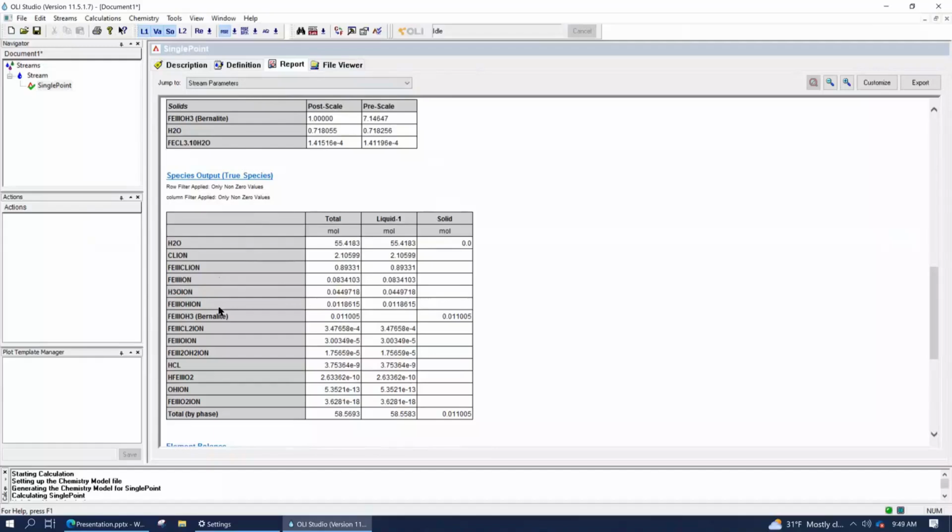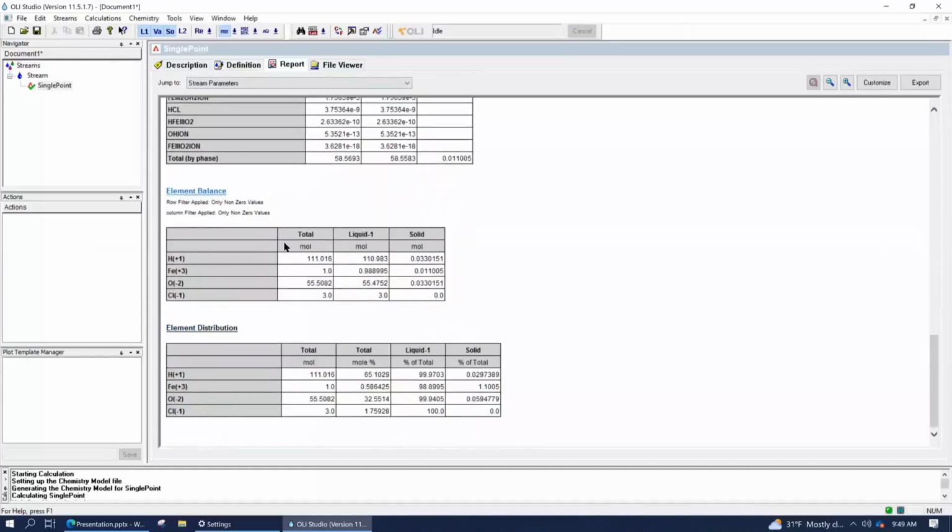Okay. I'm going to ask you about how you're viewing things in just a second, but let me keep on going. And lastly, we have a table called the element balance. When you've got multiple phases present, the element balance is a good way of doing two things. One, identifying where the material is across those phases. For example, how much iron is dissolved, how much iron is precipitated. Or how much of the different, what we call material codes, is present.